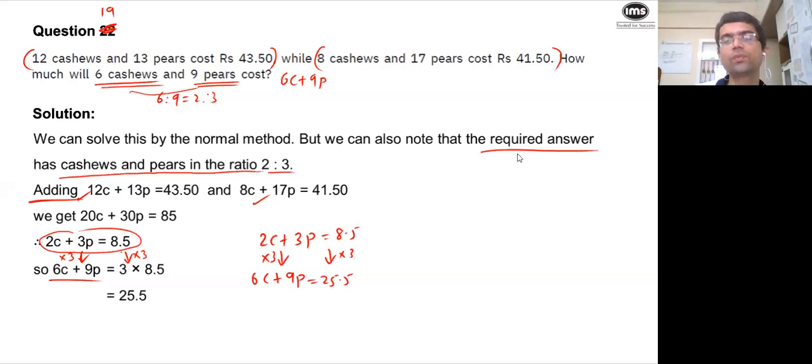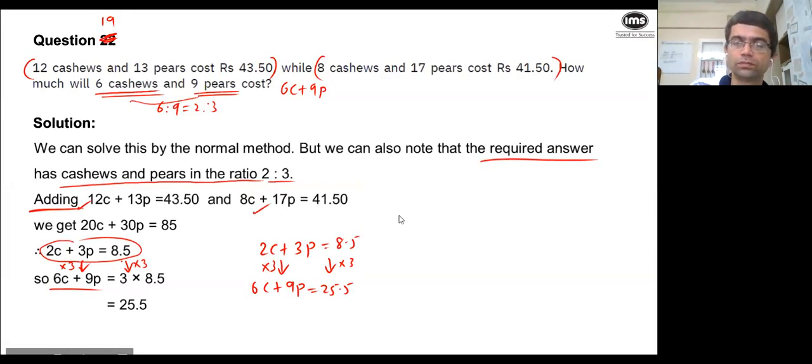Hope everyone has understood. So always keep an eye on what you need. Then decide whether you want to solve simultaneous equations or not. That is the message from this question. Here we could use the unique solution condition. You could have just seen that 12 by 8 is not equal to 13 by 17. So here we did not verify whether the equations could be simultaneously solved. But 12 by 8, 13 by 17 tells me that yes, there will be a unique solution.